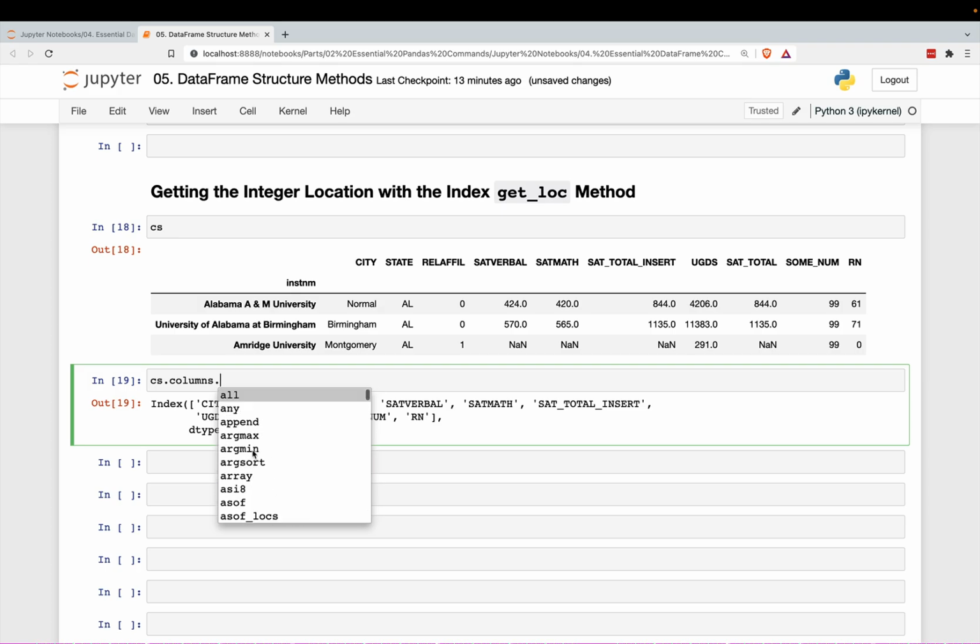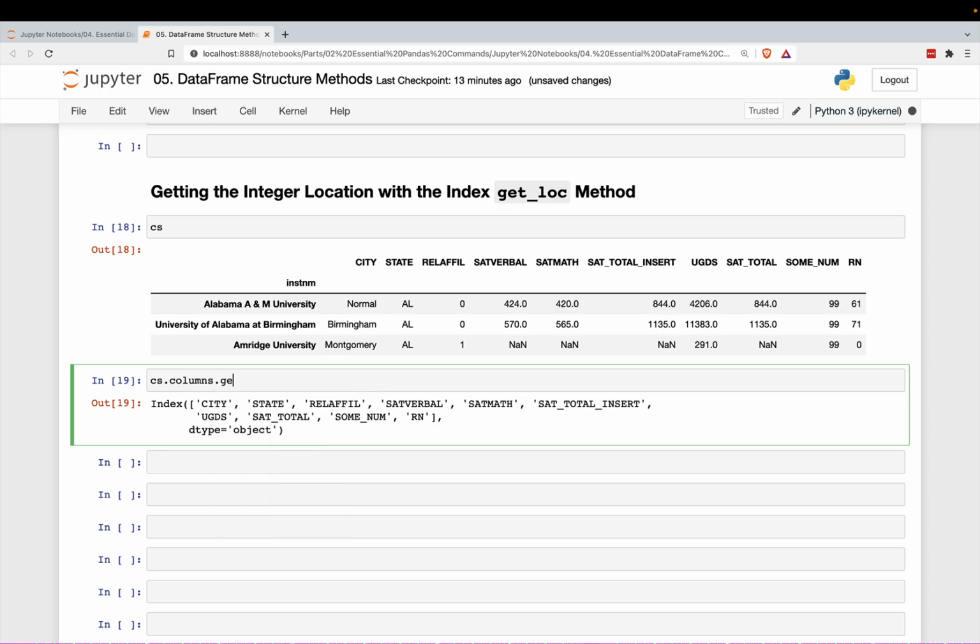Now, I don't recommend going into the index methods unless you really have to. So this is presented with some hesitation here, just because this is not something you should really try to go deep into. You should really just understand the data frame and the series. These methods you can get to much later on,